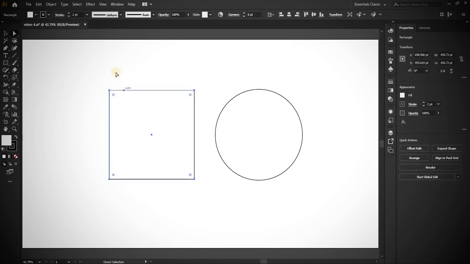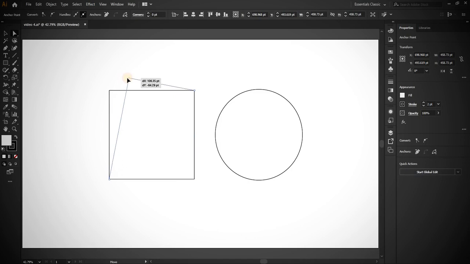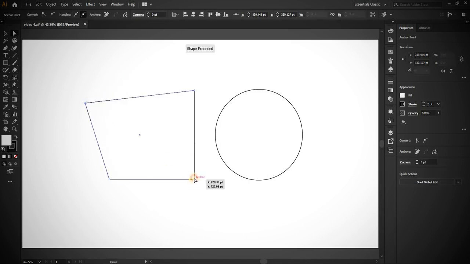By selecting the square, or any shape for that matter, using the Direct Selection tool, you are actually selecting all the anchor points of that shape. Now you can modify these anchor points as per your wish. To move an anchor point on the square, just click on it and then start dragging it. You can place it wherever you want.